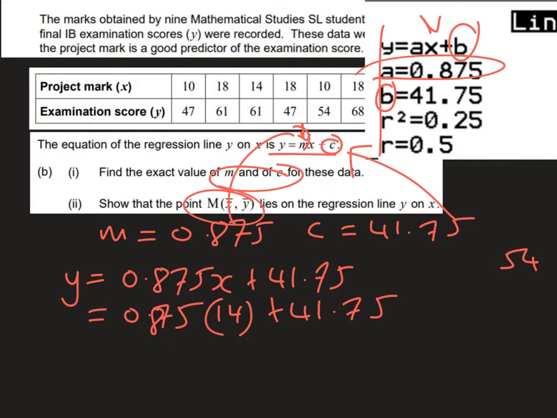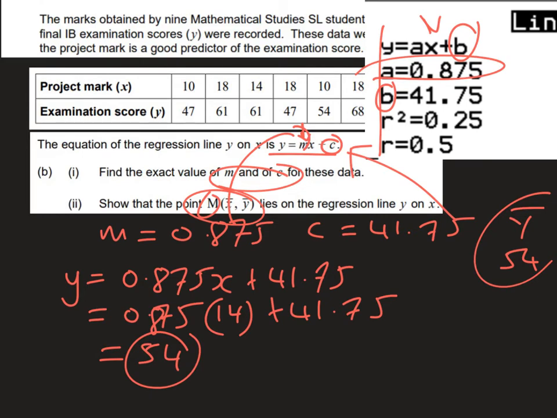If they're the same, then we know it lies on the regression line. If we do this calculation, we find that it gives us an answer of 54. Because that is the same as y bar that we worked out in part 1, the midpoint M, which has coordinates x bar, y bar, does lie on the regression